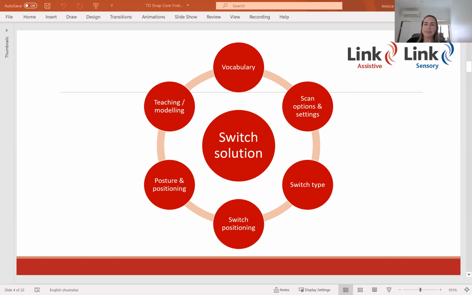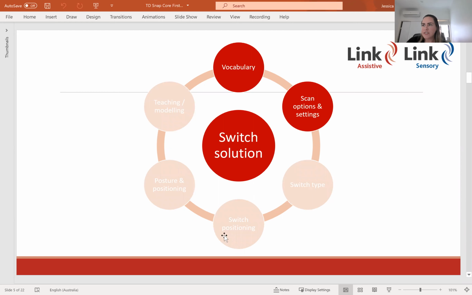This visual aims to give you a broad and general overview of the key components that are going to be coming together into a switch solution. That includes vocabulary organization, scan options and settings, your switch type, switch positioning, posture and positioning of the person themselves, as well as implementation, so teaching and modeling somebody to be using switching. So obviously that is a very broad